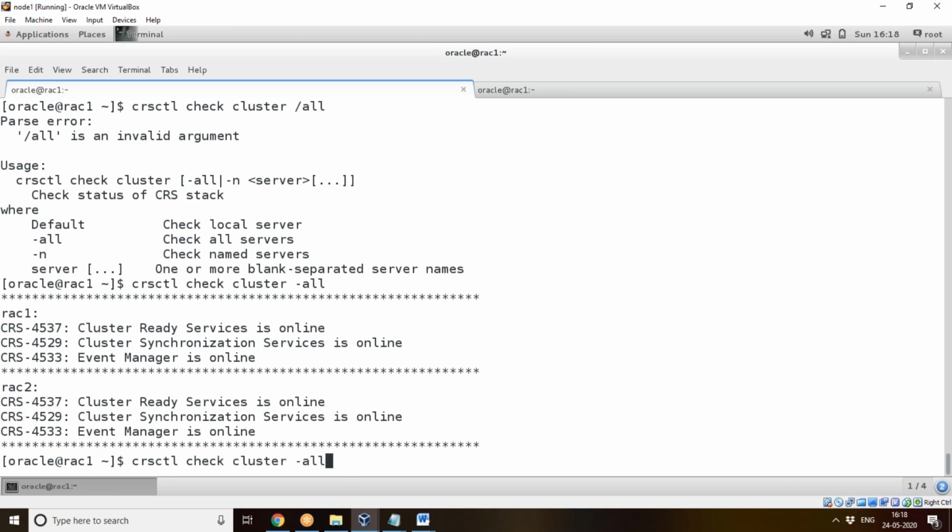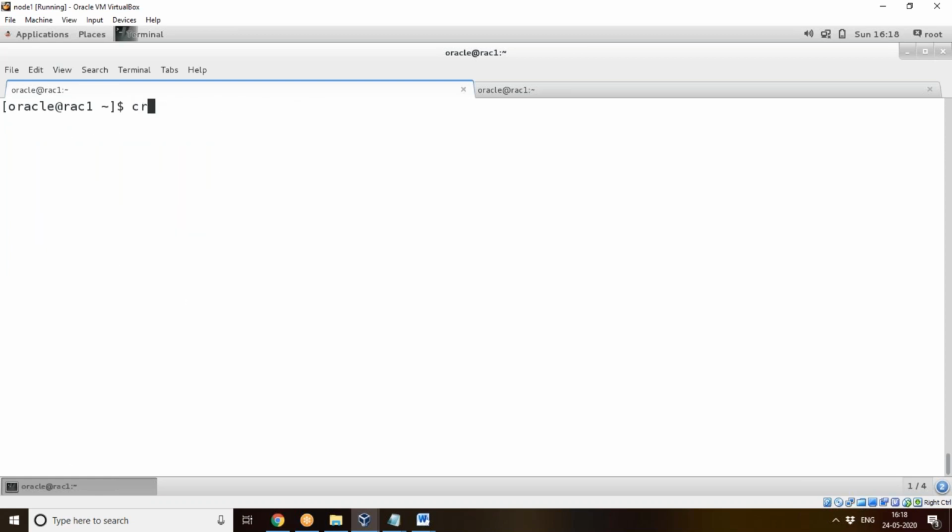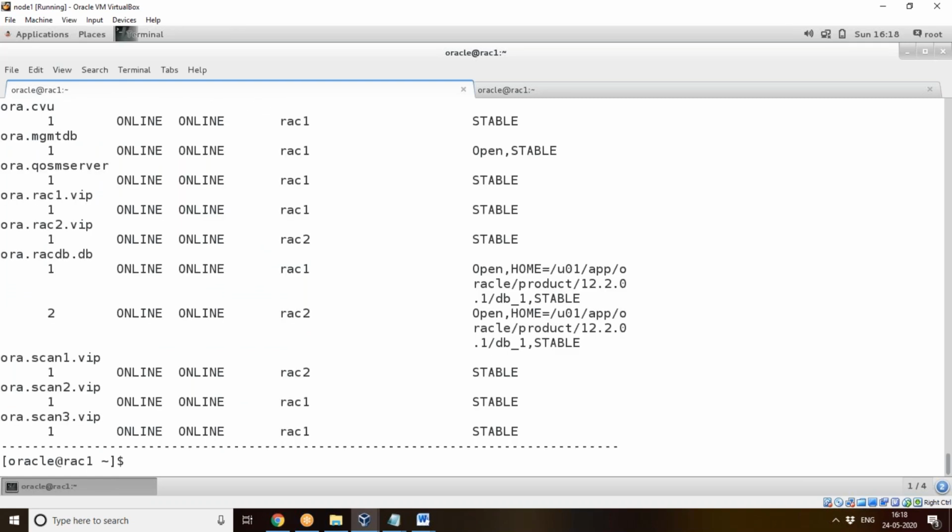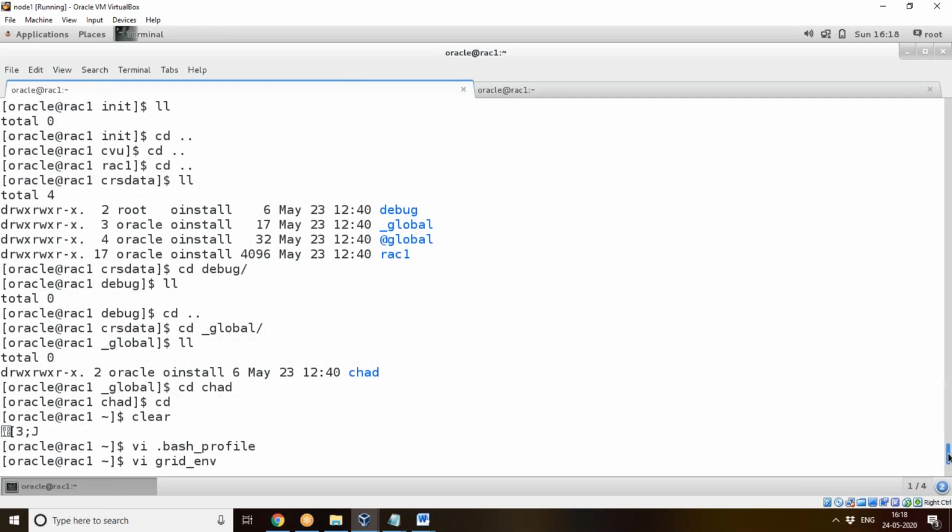Similarly, if you want to check the status of the resources, crsctl status resource -t will show you all the services.